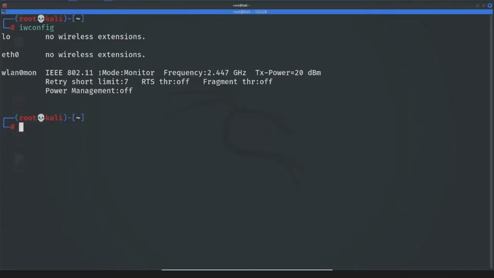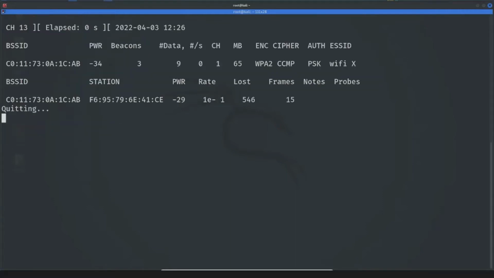So the first thing we need to do is write the airodump-ng command to know which networks are around us, airodump-ng and our interface name. And now I'm going to add more information to this command, like --channel 1, --bssid, that's the MAC address of the router.